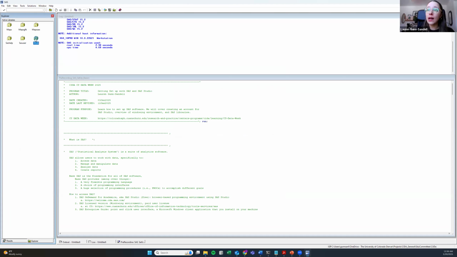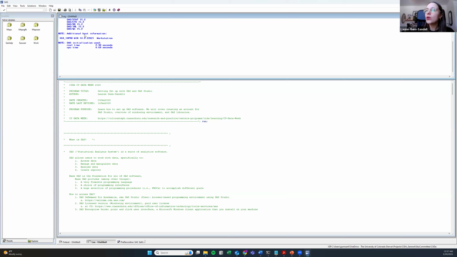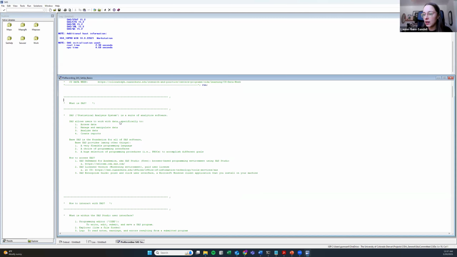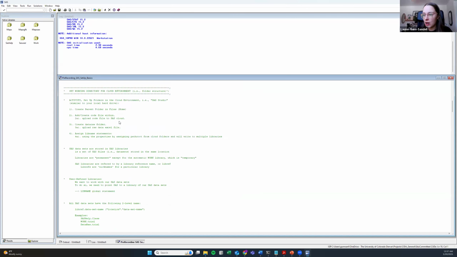We also have the work library. This is empty right now because we just started a new session, and it is again our temporary library. And then we have the log window, and at the very top there again is this little running person icon, and that is how we're submitting our code. I'm going to scroll past the same code elements we talked through in the last section of this video. I'm going to come all the way down